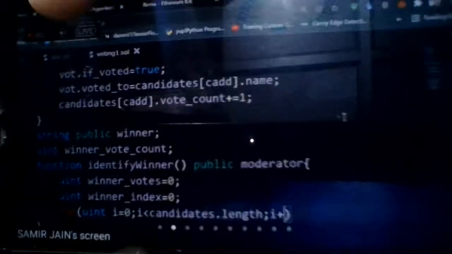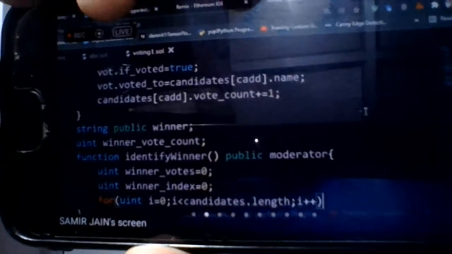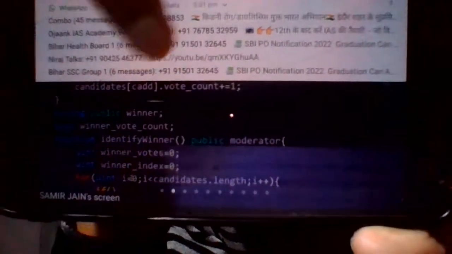Now we will loop on this array and then we will try to find out. So i less than candidates dot length, and then i plus plus. Okay, so we'll do this thing. Now we will take an if condition. So what we have to do? Suppose the loop right now starts from 0.